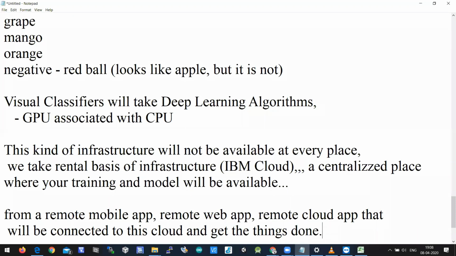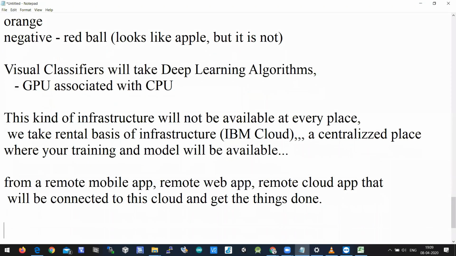We cannot have this kind of infrastructure in a mobile phone to get trained on the device itself. So we put IBM Cloud as a centralized infrastructure space where training and the model will be available, and mobile apps will keep sending requests there.